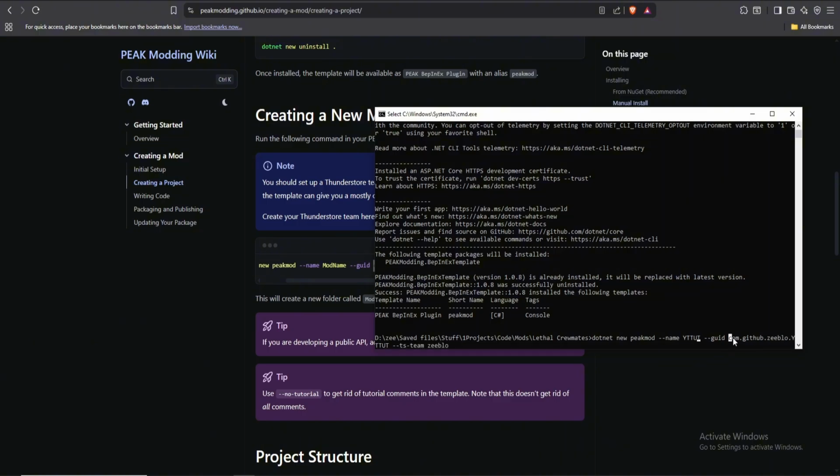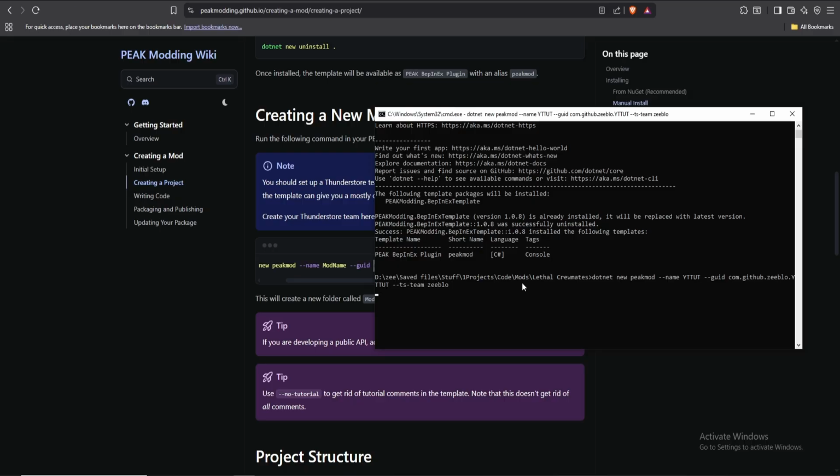Again, you really don't need a GitHub. You don't need anything really. You don't need a website or anything. This just has to be unique, and this is just a neat system of making it unique. Just having something like this. And now if I press enter,